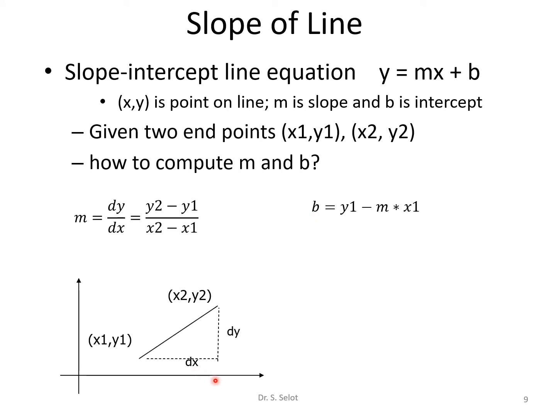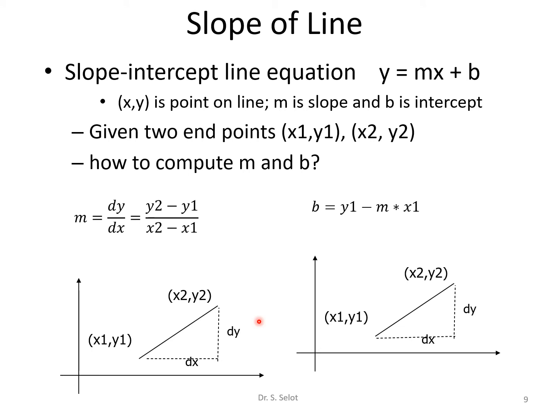Graphically, we can see that dy is the difference in the y value, dx is the difference in the x value. The ratio of these two values defines the slope or slant characteristic of a line. As we can see here, given the two points x1, y1 and x2, y2, their difference in x is given by the blue line, x2 minus x1, and this is what dx is. Likewise, in the y direction, we have two values y2 and y1. Their difference is given by the green line, and this is dy. And the ratio of these two values defines the slope.